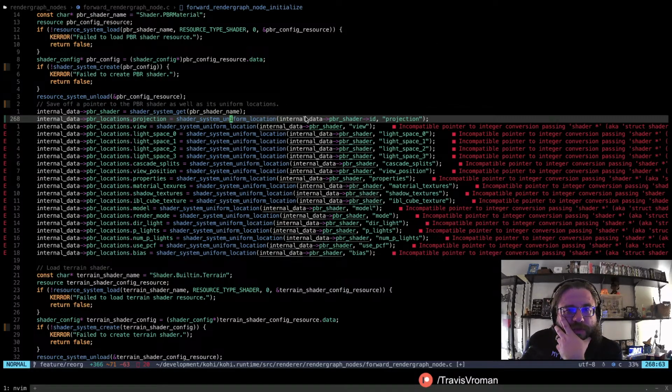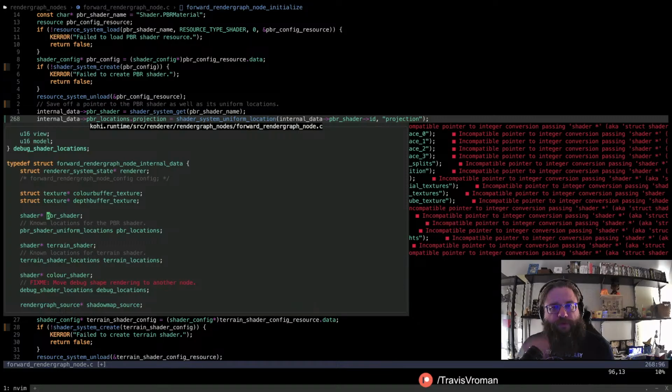Let's see. So we'll peek definition on this. Right, so we're storing a pointer to the PBR shader here, a pointer to the terrain shader, a pointer to the color shader, and then our locations here.